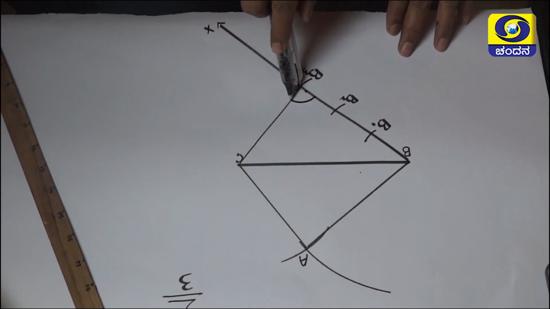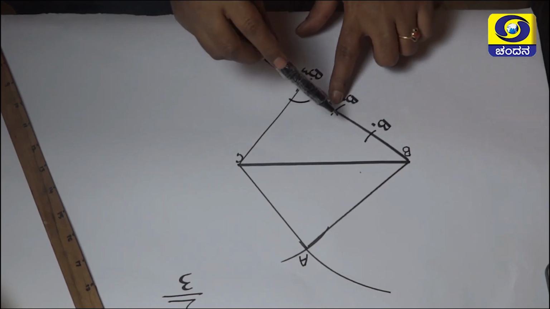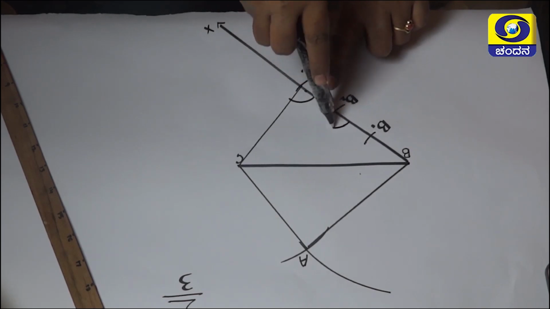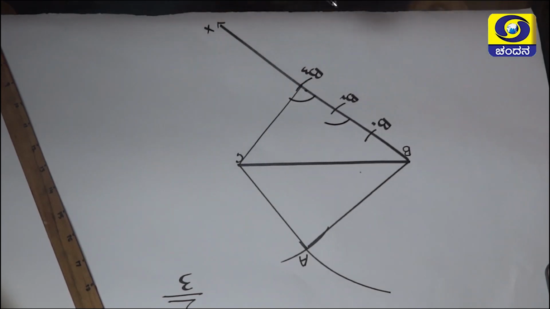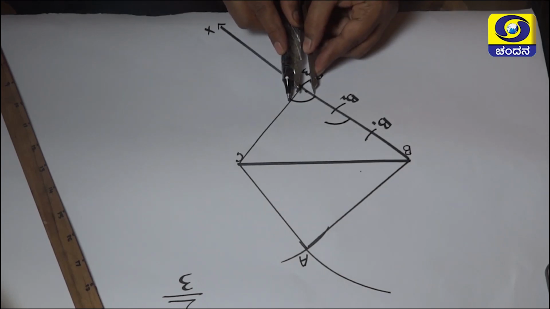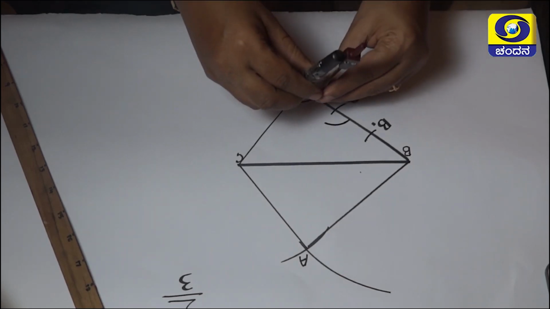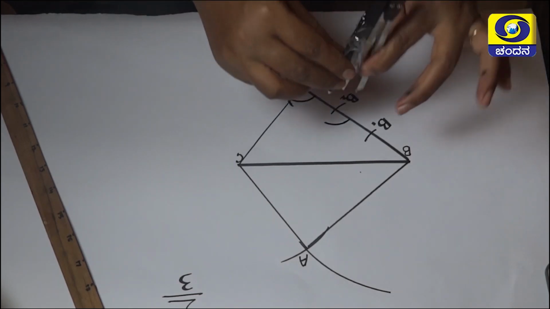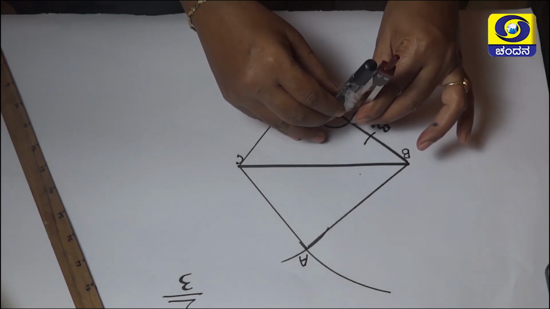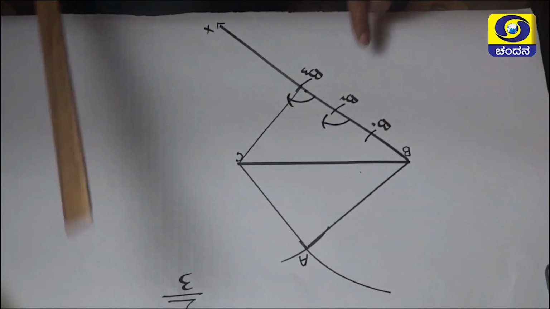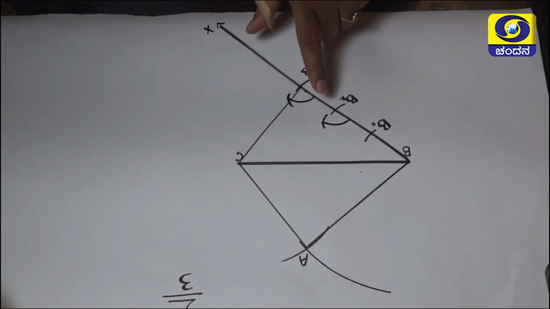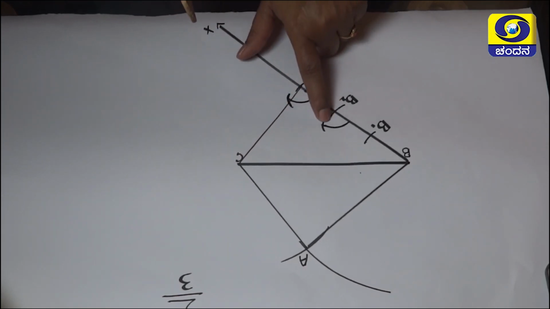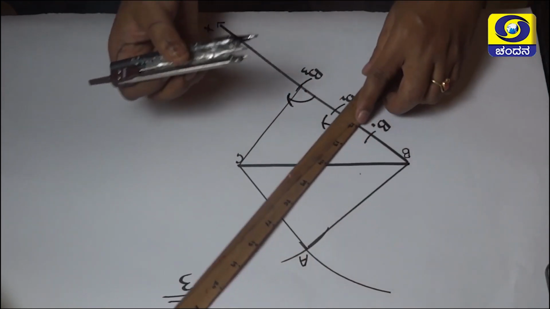Take a convenient arc like this. Make the same arc at point B2. This will give us length of the angle. To take width of the angle, let us measure the width and make a mark here. Without disturbing the compass, let us make one more mark at point P2. Now we have to draw a line starting from point B2 joining BC, and it should pass through this point of intersection.